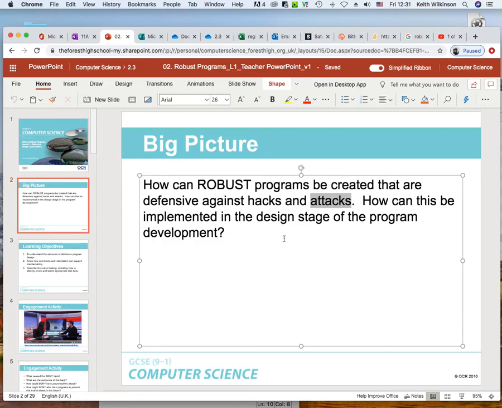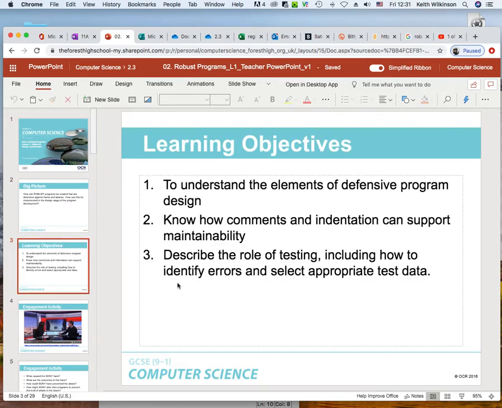Well, I'm going to show you in this video pretty much how we can hack and why we can hack, and hopefully that the programs are robust enough to actually take that into consideration. And I know mine aren't. So let's take a look at our objectives. It's basically we're trying to work out how we can be defensive in our program design. Obviously that's going to lead into the actual coding,